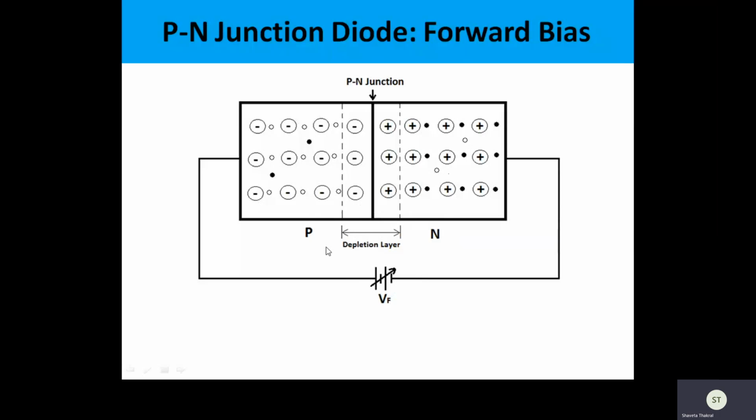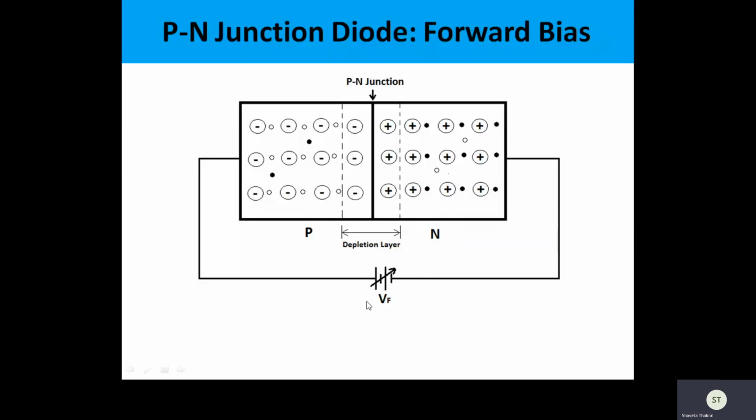Earlier also this was happening, but that case we discussed is called the diffusion process, and diffusion was a natural phenomenon, happening without applying any external electric field, because of the concentration gradient between the two different types of materials. But now the movement of charge carriers, that is holes from p to n and electrons from n to p, is happening because of this external applied electric field. So this movement is called the drift process. Drift is the movement of charge carriers under the application of an external applied field.